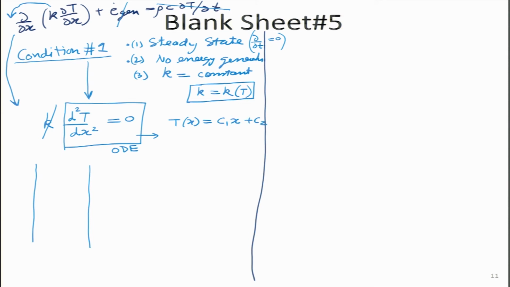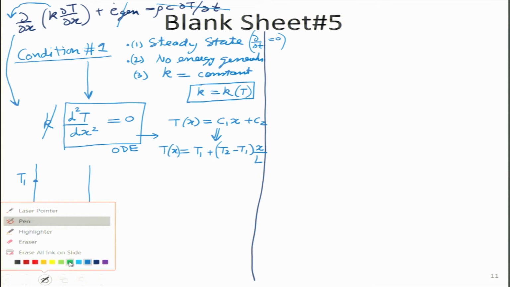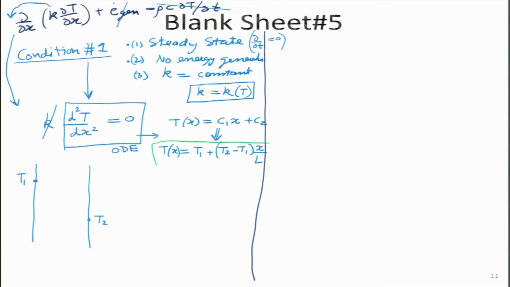Like in our case, we will put 2 boundary conditions over here. The left side temperature I always assume is T1, the right hand side temperature I assume is T2, which means by applying these 2 boundary conditions, I can get the values of C1 and C2. If you recall, we have done this in our previous lecture. So, we will get something like this. I will highlight this in green color. So, this green equation over here